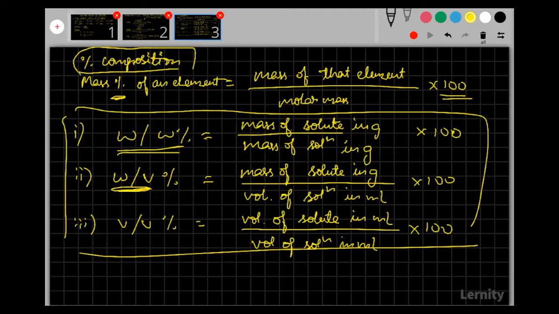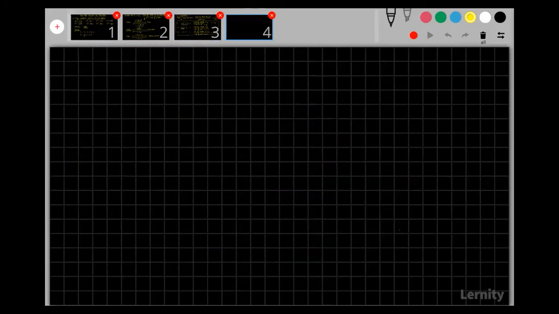I'll move ahead with the next one. Okay, today we'll be doing numericals, mostly based on the empirical formula. See, firstly, I'm giving you all the important formulas, and then at the end, we'll be doing all the problems. So we'll be doing majorly questions based on empirical formula, limiting reagent, and all the concentration terms, like molarity, molality, then normality. All these are the major ones that we'll try to cover.